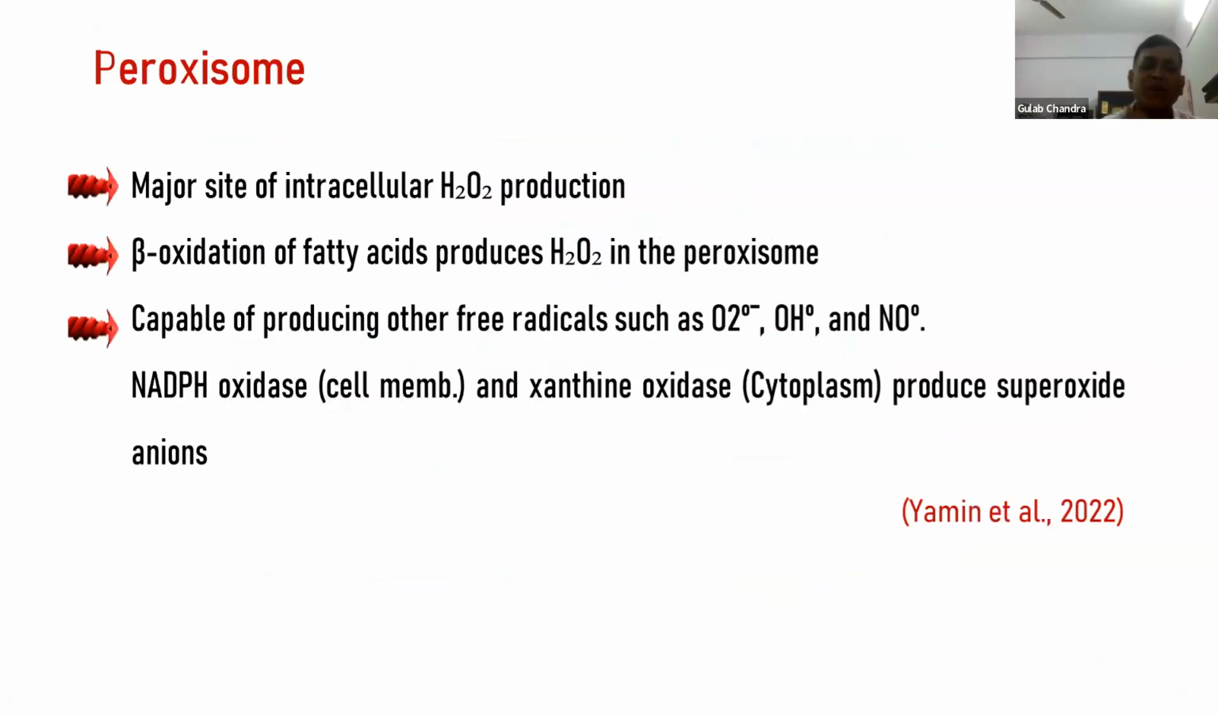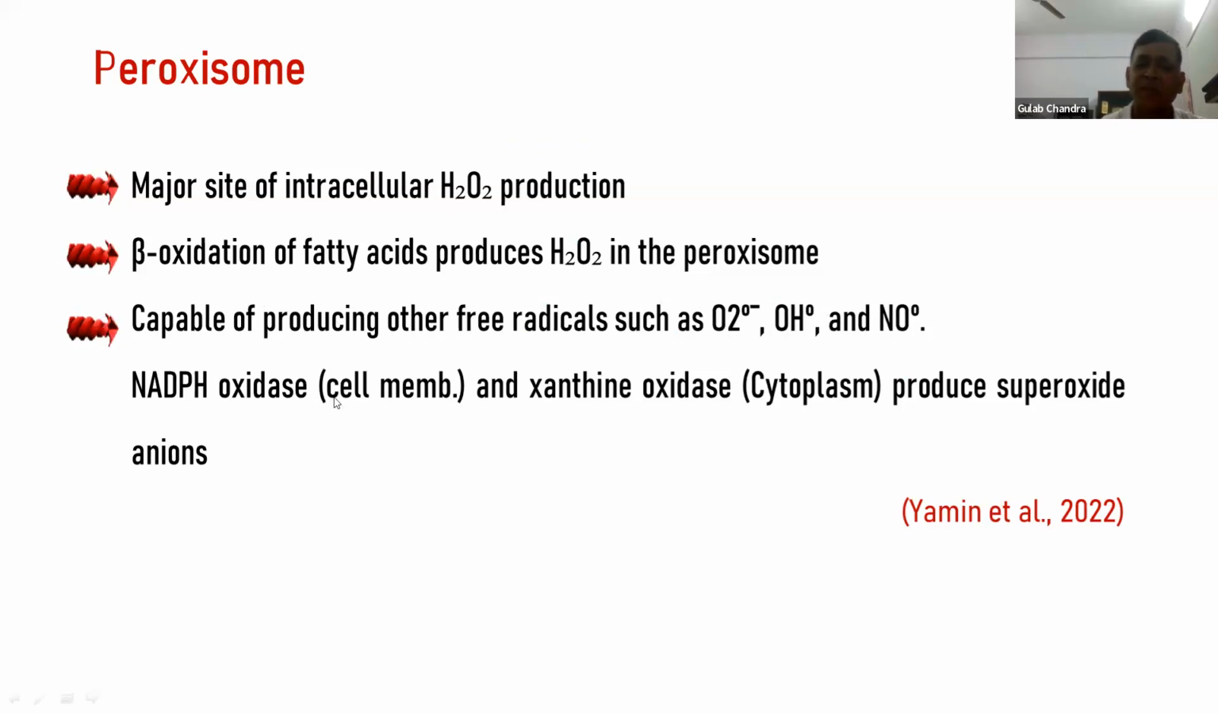Peroxisome. The second one is the peroxisome. That one is also a major site for the production of hydrogen peroxide and beta oxidation. The enzymes that take part in beta oxidation are capable of producing hydrogen peroxide in the peroxisomes. Apart from this, the peroxisome also produces radicals like superoxide radicals, hydroxyl radicals and nitroxyl radicals, and